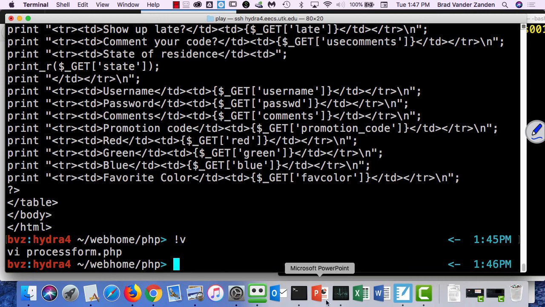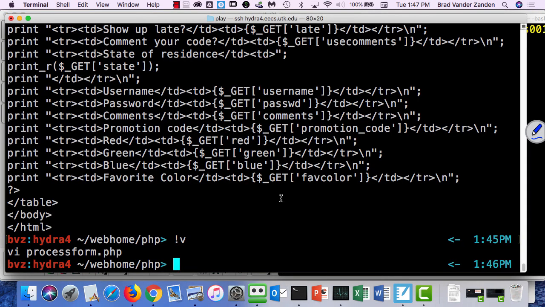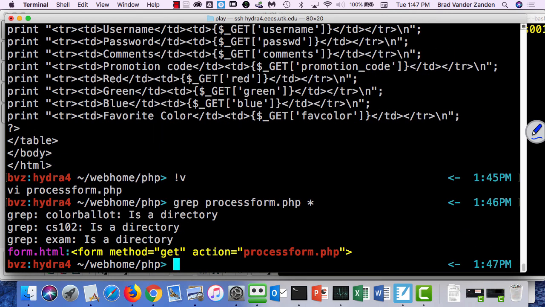I guess the big thing, again, that I want you to get, the reason PHP is so nice, is that it creates its own HTML page that gets sent to the client. You can intermix static HTML content with PHP code islands. So normally, when you run these things, if I do a grep process form.php, it's being called from this form.html. So what happens is when I hit the submit button for that process form, so if I was actually to bring up this form.html,